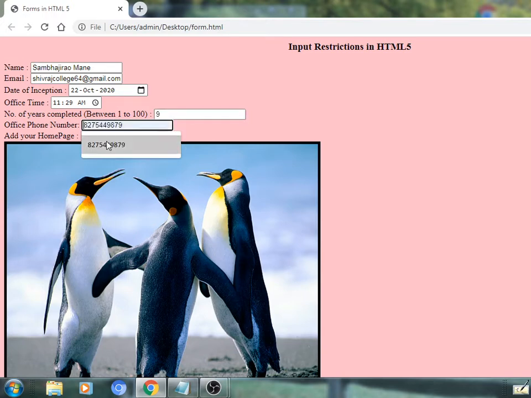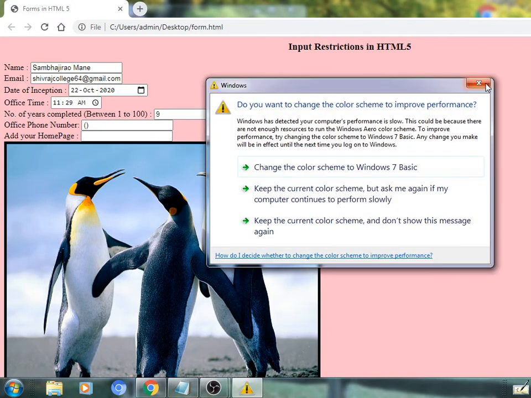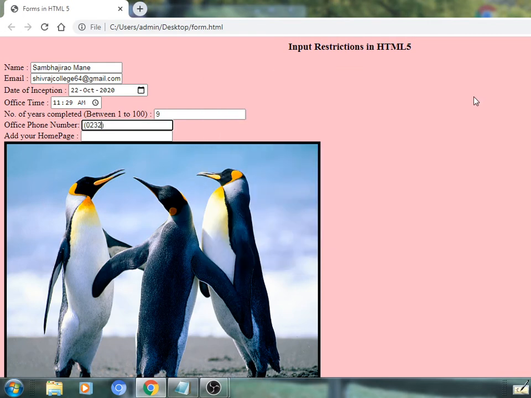Office phone number, a previously entered number will be accepted, or if you want to enter a new number it is also accepted in a specified pattern, as we have given a pattern. Okay. So, it becomes like this. See here, I have given a landline number of our college. So, a message box appears: please match the format requested.